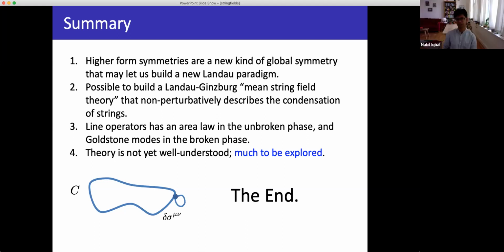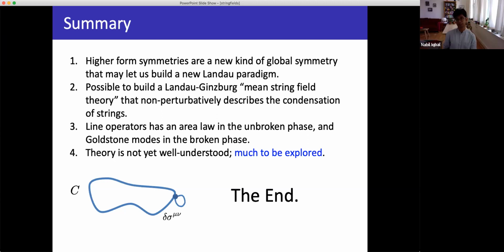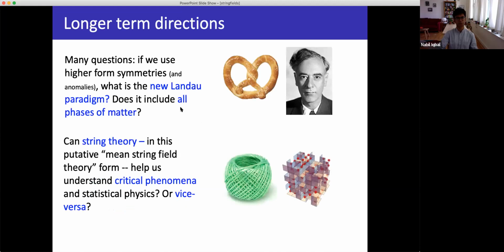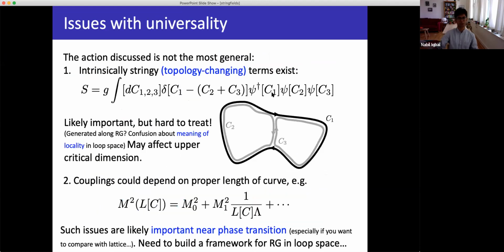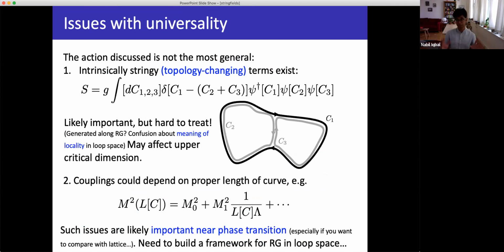No, that's right. It's a little bit hidden behind the fact that it's a functional of curves. You see what I mean? That's right. To be completely honest, I have not been able to solve this theory completely. So it's quite possible that with terms like this, which are quite complicated, you get new minima that I have not thought about. Having said that, I would be surprised. A term like this could lead to lots of things that just add up to zero. Exactly. It's possible, but I would be surprised if there are many local minima.